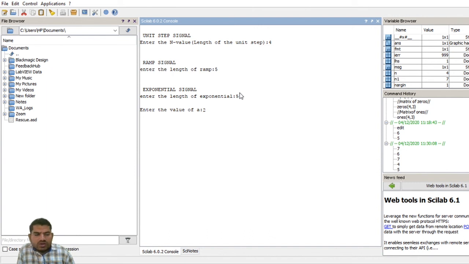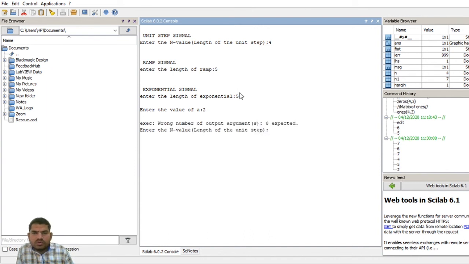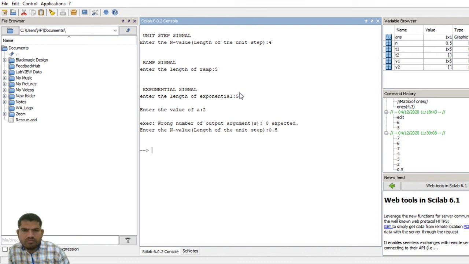Enter the A value; now I am giving 2. Enter the A value again, suppose now I am giving 0.5.